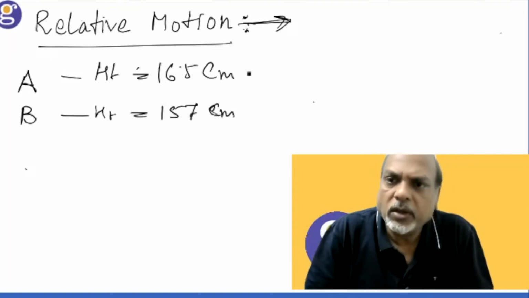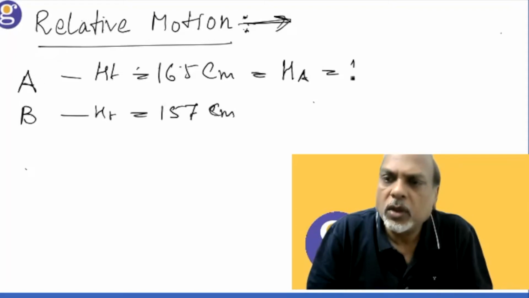We can write this height of A as 165 centimeter and height of B as 157